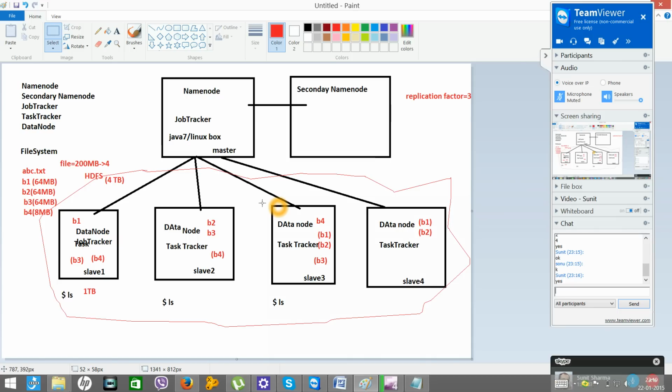Okay, now if while processing this node goes down, still I can get B1 from here, I can get B2 from here, B3 from here, B4 from here. If this goes down, I can still get the data from other blocks, right?